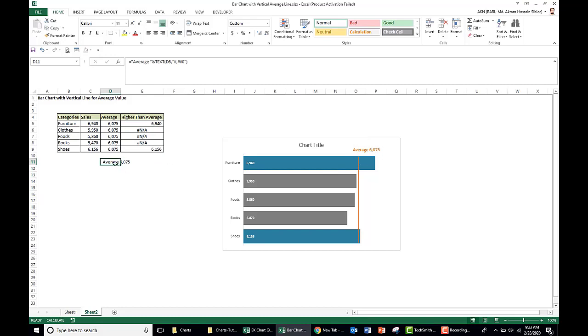So here we actually link this value. How do we create this data label? We just create a simple formula here. I take the average and make it text with this value and take the number format.